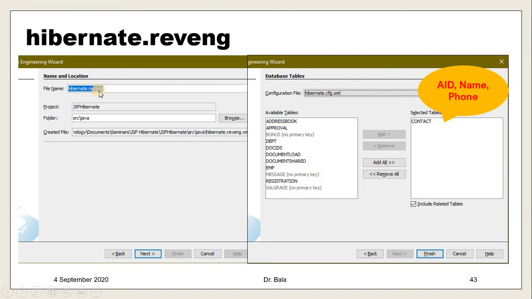Automatically it takes Hibernate reverse engineering here, just proceed next. Then once we click next, the database that we connected will be connected, and it brings all the tables available in the database. So whichever table you want to work with, one or more, you can select it and move it to the right side. If you don't want it, we can move it back to the left side. So it's easy to work. For example, I have a table called contact, which has three fields: ID, name, phone number. Once you have selected this table, we say finish.